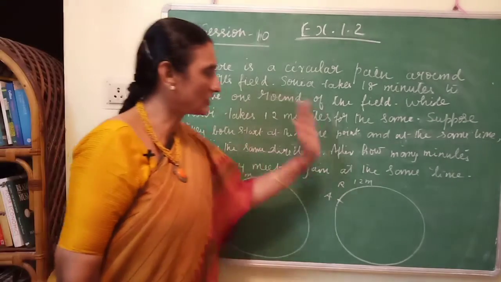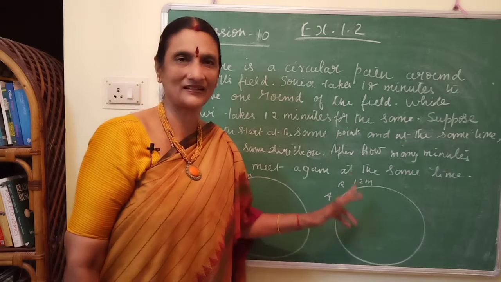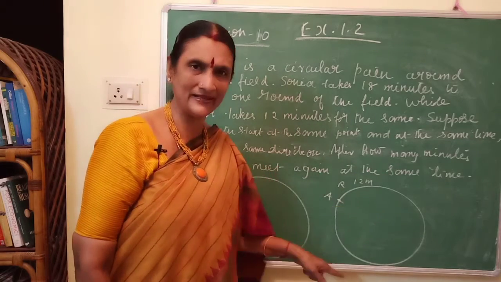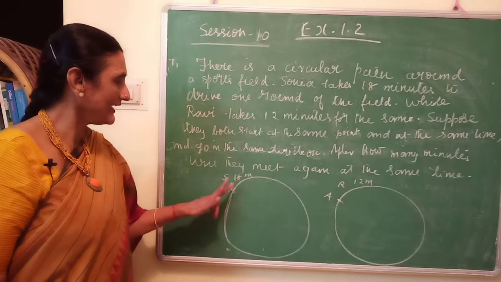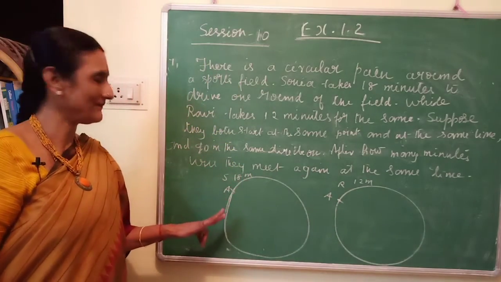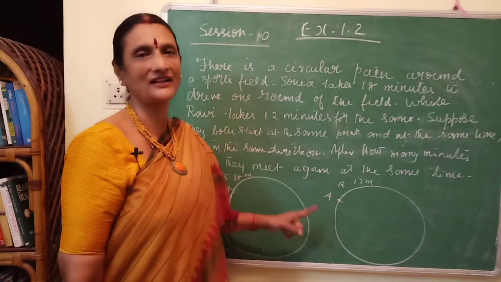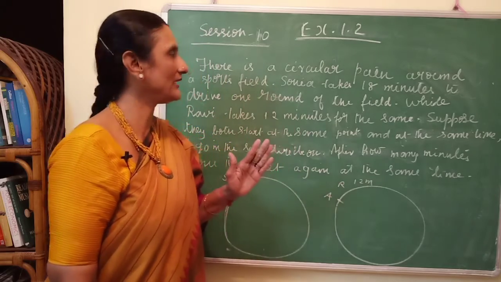So every 12th minute he will come back to the starting position, whereas every 18th minute Sonia is coming to the starting point. Have you understood this? These are the assumptions you should understand. Now the question is,